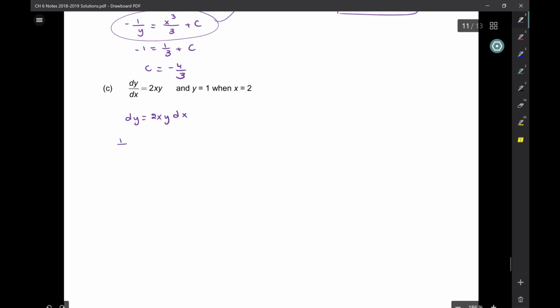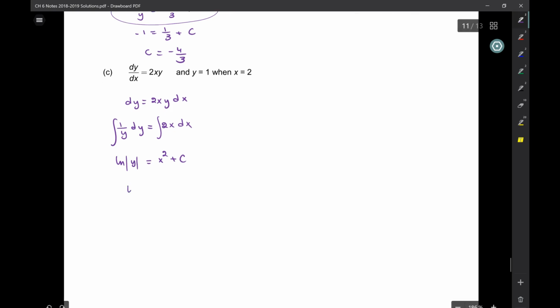Okay, so dy is 2xy dx. So that's 1/y dy is 2x dx. Is everybody okay with that? Okay, integrate. What do I get here? The same thing. ln of y, because 1/y integrates to ln of y. So this is ln of y equals x squared plus c. So now, initial condition, ln of 1,